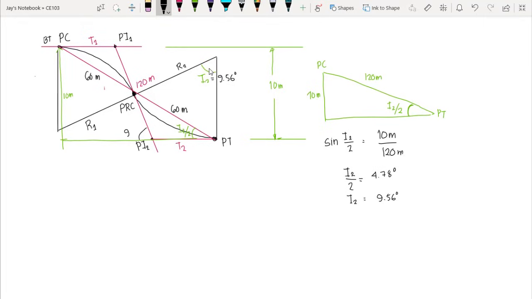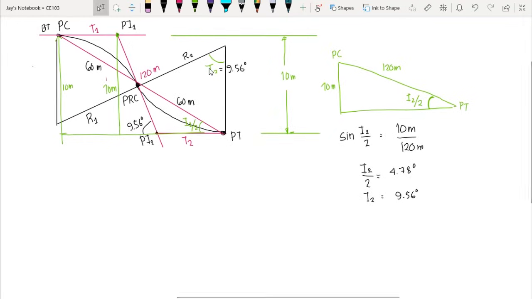So since our goal here is to compute the length of the common tangent, now we know that the vertical height from this point PI down to the extension of our forward tangent is 10 meters, correct? So that means we can create another right triangle here, which is this one,